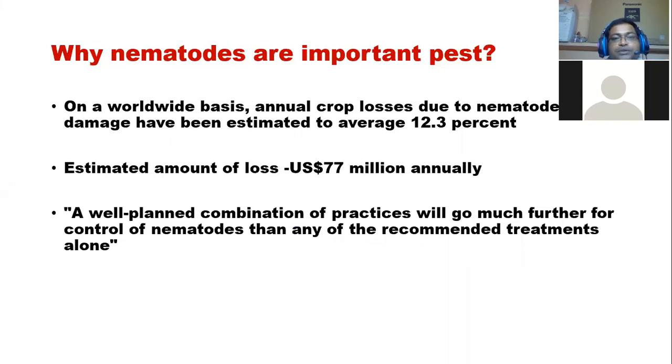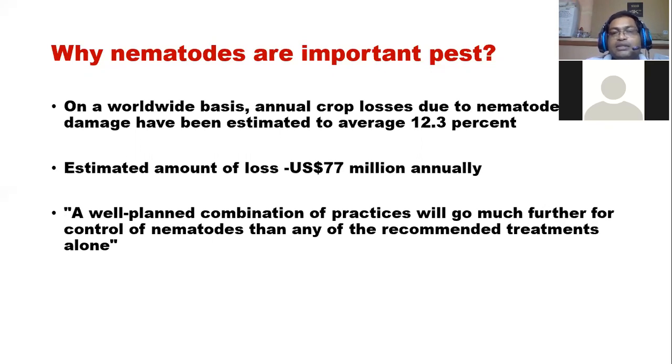Why? Because these nematodes are causing an ultimate loss of 12.3% all around the world, and also this estimated loss is nearly about 77 million annually. Therefore, a well-planned combination of practices can only reduce the nematode incidences in commercial cultivations. So we have to plan all the tactics and how best they will suit when you are considering the